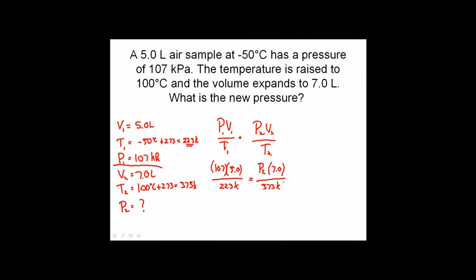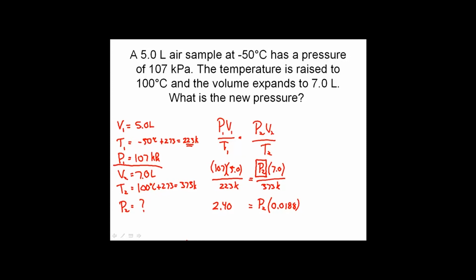Alright guys, let's go to work on this problem and let's start solving. We're going to be solving for the pressure and using some of our algebra skills. Some students like to cross multiply, some students like to break the problems down to decimal parts. Alright, I'm going to start by doing 107 times 5 divided by 223. And the answer I get when I do that is 2.40. On the other side, I'm now going to be multiplying pressure against 7 divided by 373. And what I end up having is pressure times